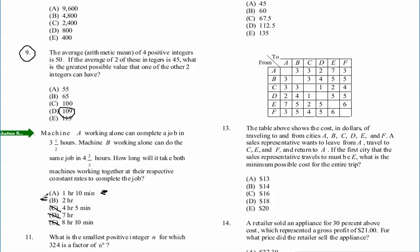Now, of course, we could also take the average and divide by 2. That sort of works. It doesn't give you the exact right answer, but certainly in a question which only has 2 machines, it comes quite close. Okay, let's